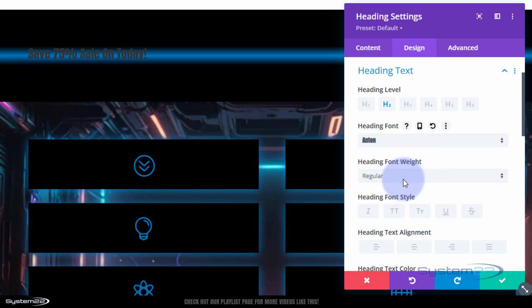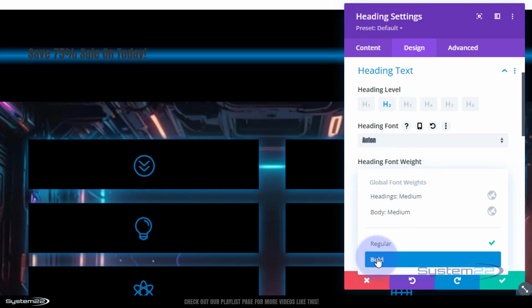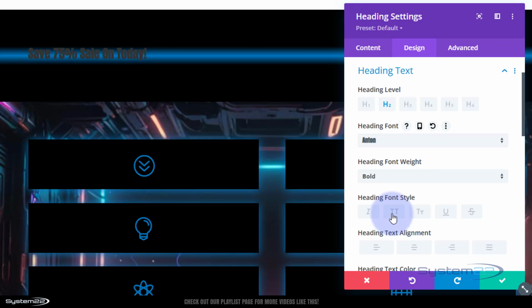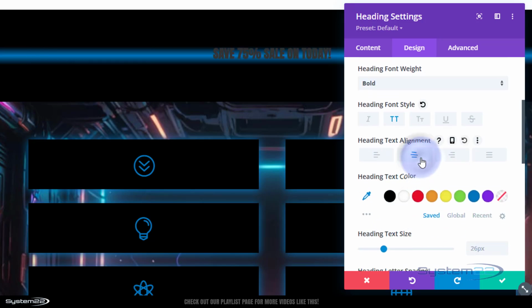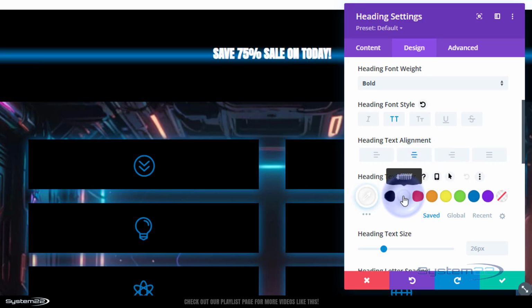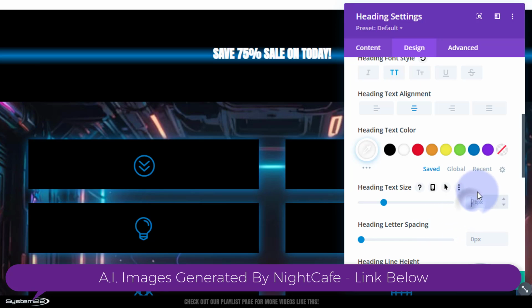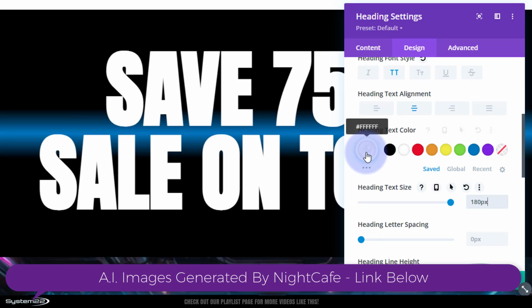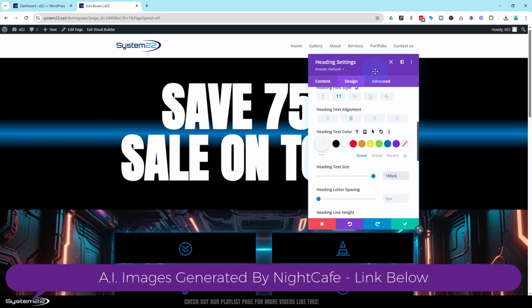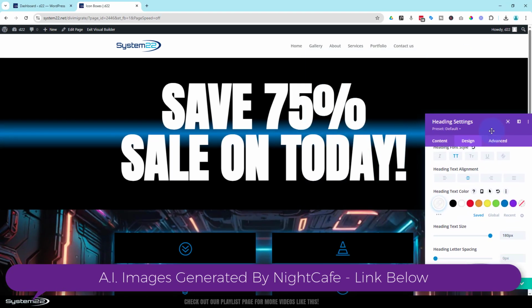Want it to be bold. I'm going to have it uppercase. I want it to be centered. I want it to be white in color. I want it to be really big as well. Let's try 180. It's probably going to split it into 2 lines there. That's fine. But what I want to do is extend my row so we can try and fit this all